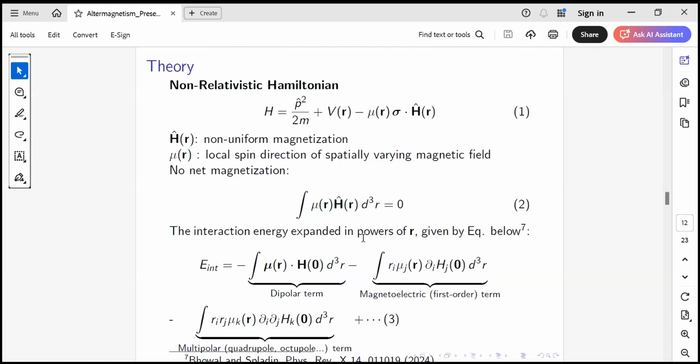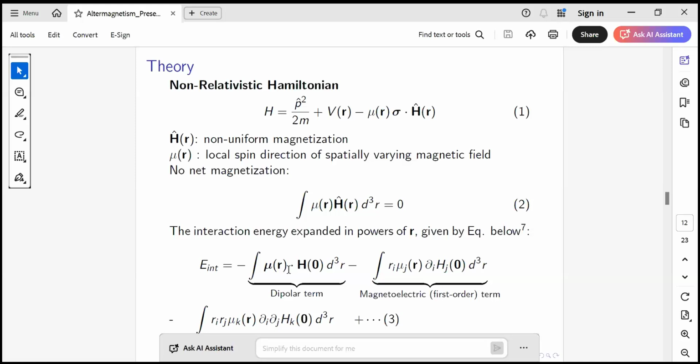It is expanded in the power series of r. When we expand this in the power series of r, the internal energy due to the magnetic field looks like this. The first term, second term, and third term, and higher order terms are also there.